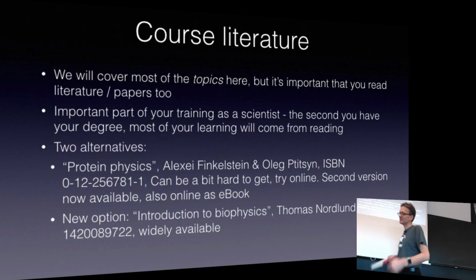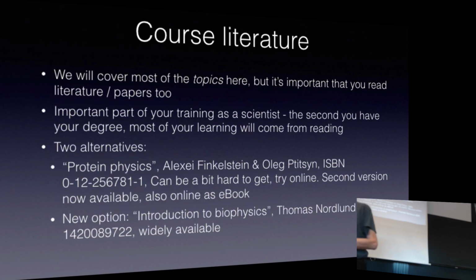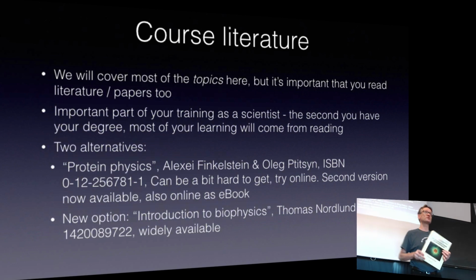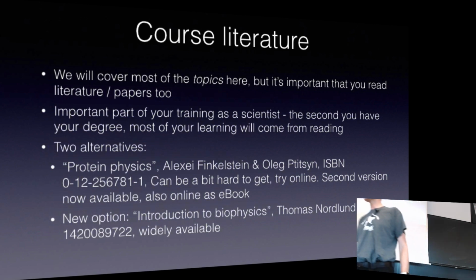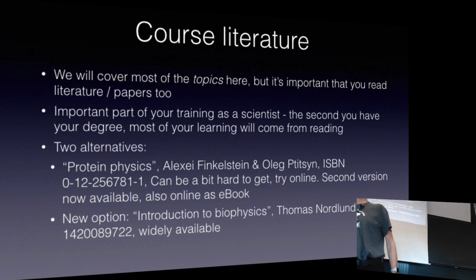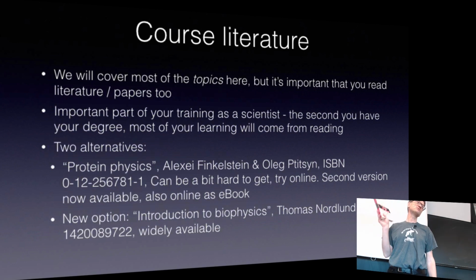And then Magnus started to favor another book written by Thomas Nordlund, which is kind of the opposite. This is a usual US textbook. If you like to read lots of text, these books are great. I say it's a beautiful book, but this goes all the way from the start, and then you're going to spend a lot of time reading here. And I'm not sure about you. What I love about being a physicist is that I don't like to read a lot of text. It will probably take you longer to go through this book, because this book doesn't bullshit as much. He goes straight into the equations. So I have to confess, I'm biased.